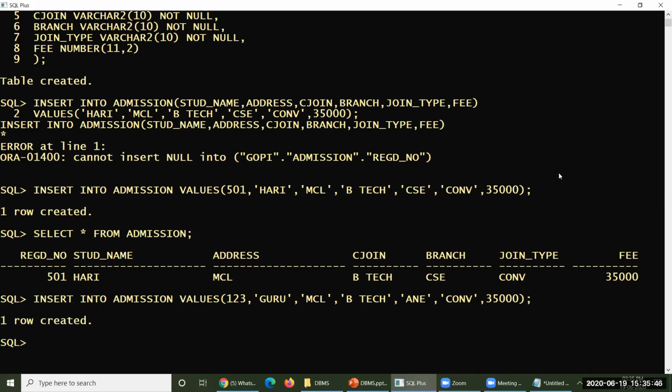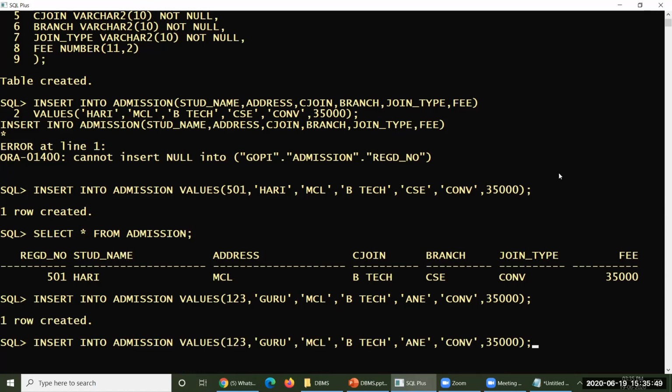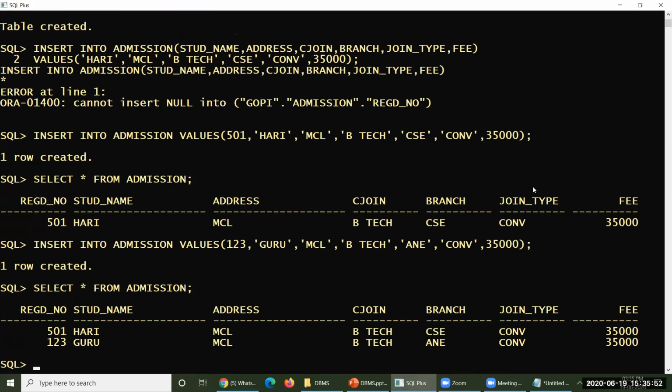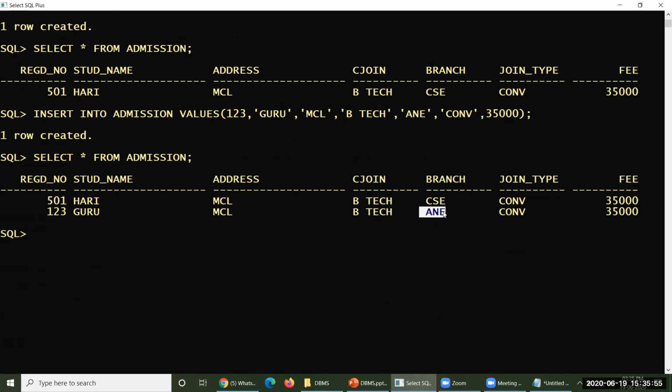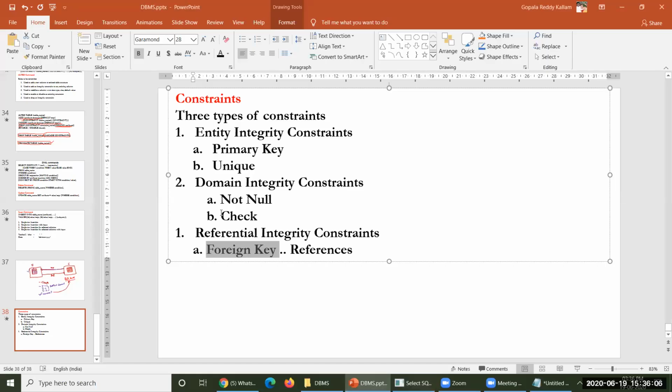So look at this, the row has been created successfully here. If you go ahead and select the data, look at this, he has taken aeronautical engineering. But aeronautical engineering is not there. Then how could you restrict such kind of data here? To restrict such data, you introduce this one, check. A check constraint is used to restrict whatever data you expect to have. So in the course you are expected to have only a certain number of items, and only such data should be entered here.